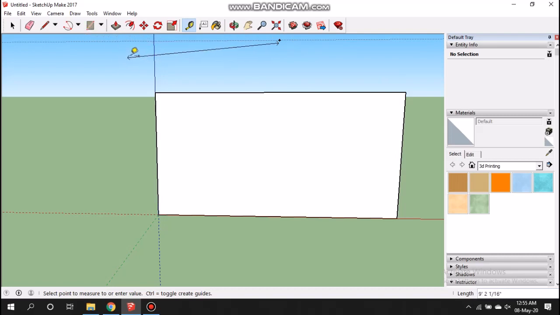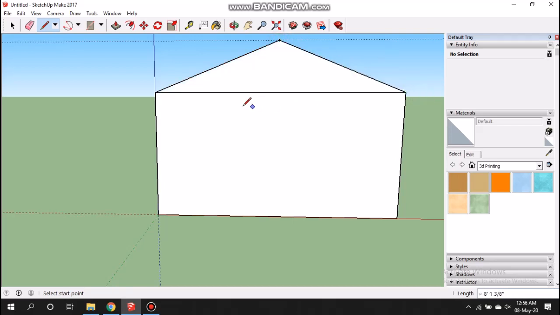So from the line tool we have to make the line from this point, and from this we have to point like this.